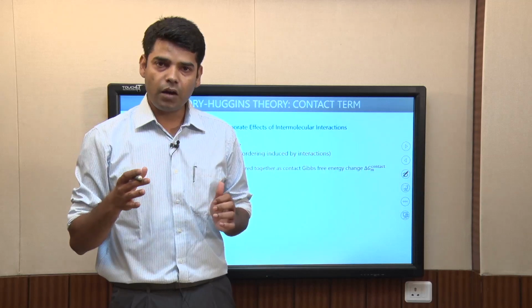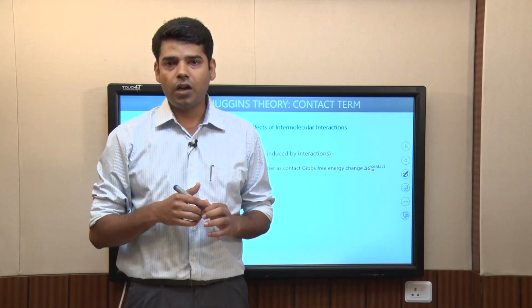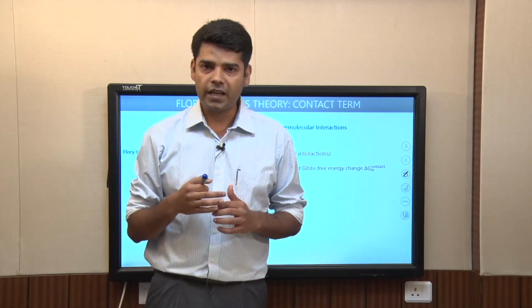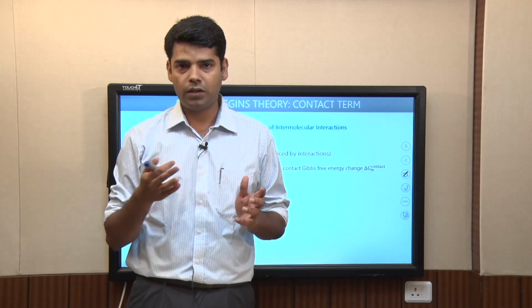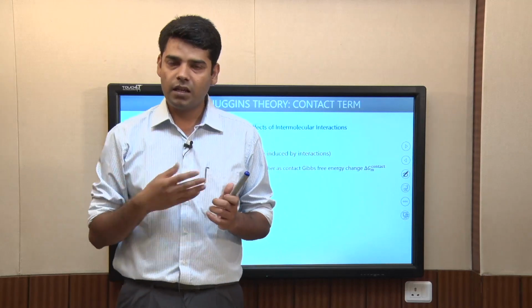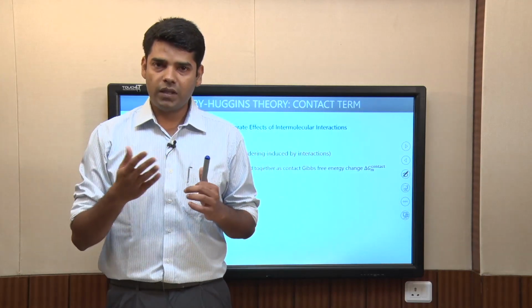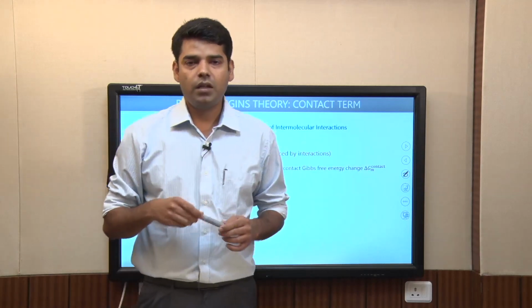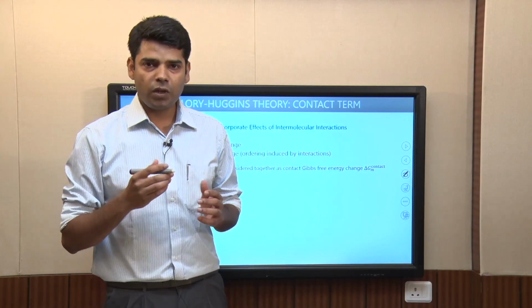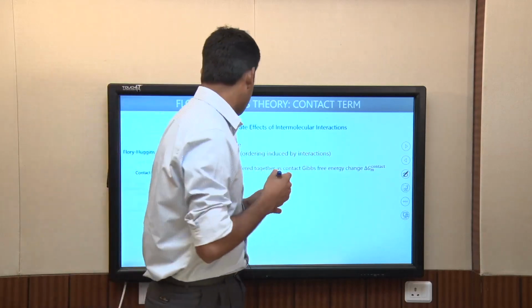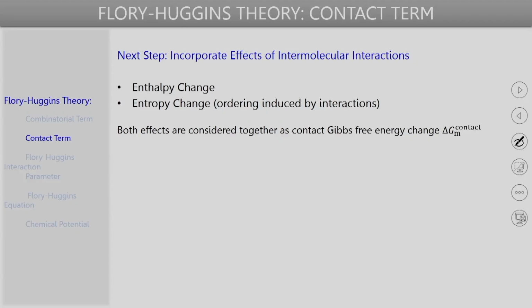So that was athermal mixing. Now, if we consider the effect of intermolecular interactions as well, polymer and solvent molecules will of course have intermolecular interactions, and the interaction between the two need not be of the same type. In Flory-Huggins theory, the incorporation of this effect of intermolecular interaction will of course be through an enthalpy change of mixing. If we have intermolecular interactions present, upon mixing one would expect the enthalpy to change. So, we will have a non-zero enthalpy change of mixing.